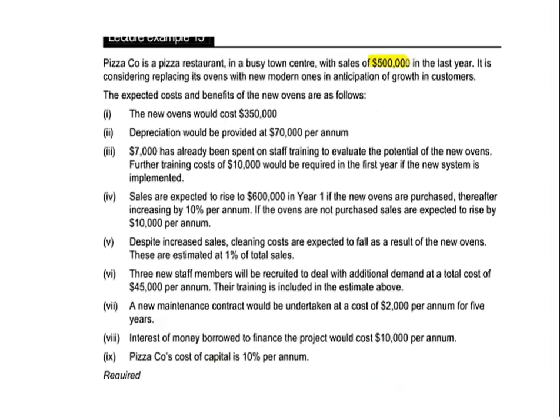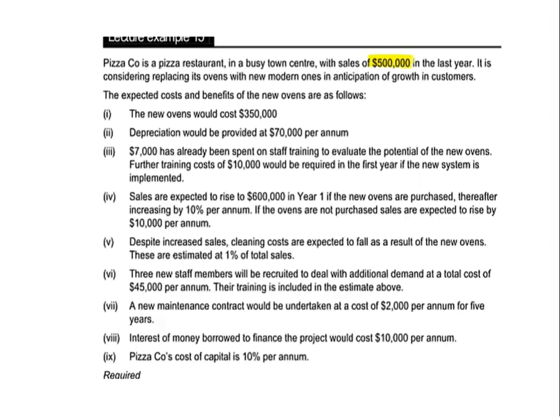So last year then we had sales of $500,000, and we know that that's going to be important because in part B1 we need to look at incremental sales. And it's considering replacing the ovens with some new modern ones, and the aim being to grow customer numbers. And we're given some information then about the costs involved, and we'll need to read through that information to decide